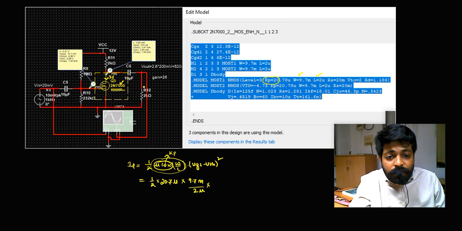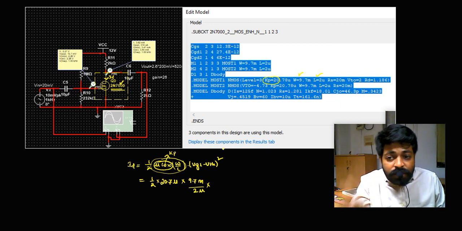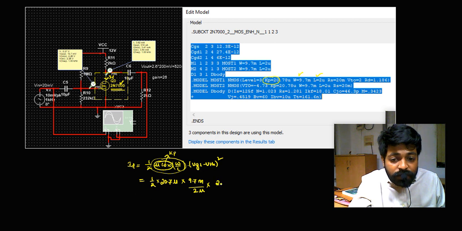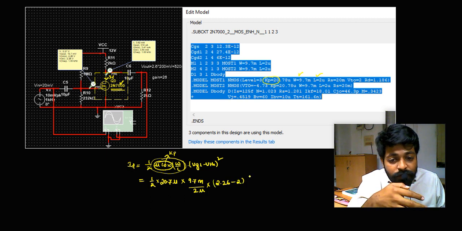The 2N7000 transistor will have a threshold voltage of 2 volts, and the VGS which we have provided is around 2.26. So VGS minus VTH is around 0.26 volts. I will be substituting over there, and now the value over here is nothing but